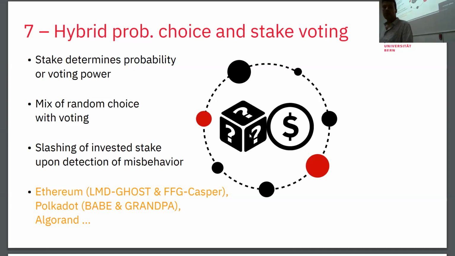Yeah. This is now maybe a very popular family of protocols because Ethereum moved to a relatively complex combination of two protocols that are called LMD GHOST and FFG Casper, and it would take at least a couple of hours to describe if I fully understood them, but I do not, I have to admit, at this time.